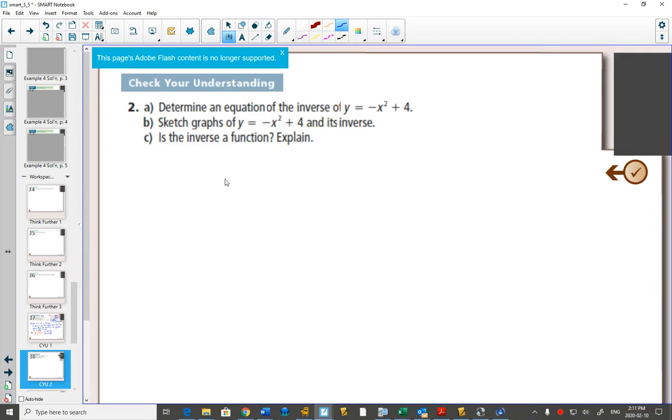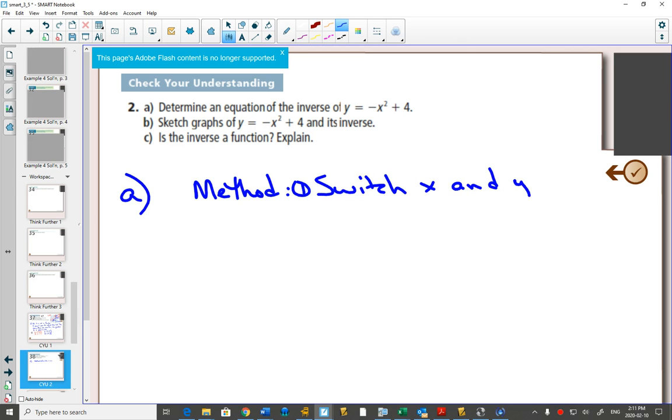Determine an equation of the inverse. So here the method to finding an equation: first, switch x and y, and then secondly, solve for y. So if we want to determine an equation, we would switch x and y, which would give